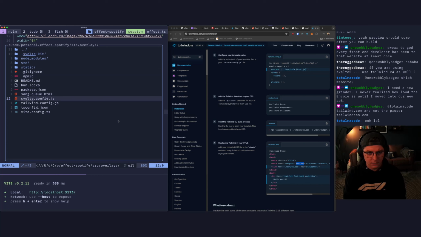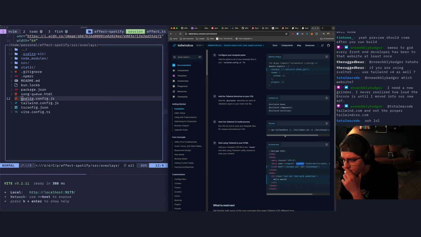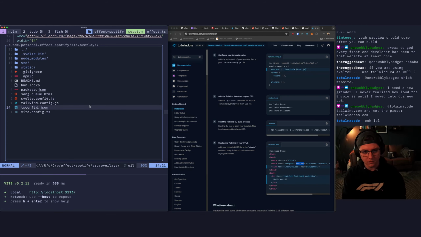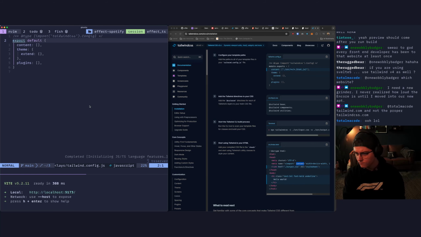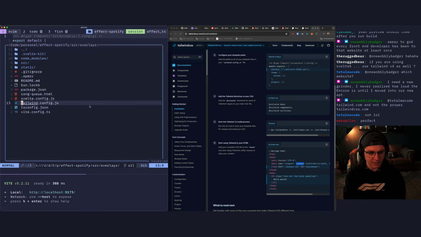Tailwind. So we'll build it to, is it in post CSS stuff?